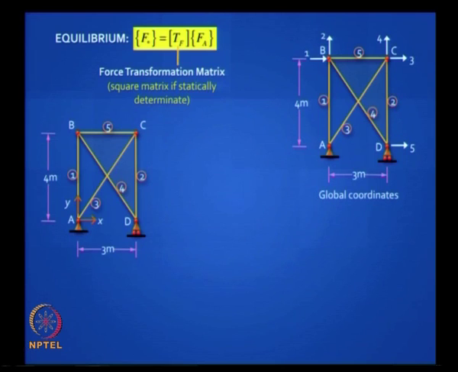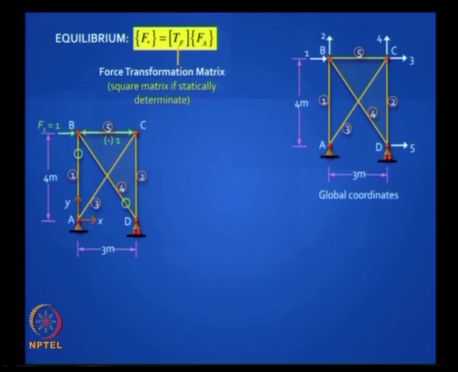Now we need to generate the TF matrix. So let us take that truss, apply F1 equal to 1. Can we quickly analyze this? Are there any 0 bar forces here? By inspection tell me which bar force? 1 and 4, that's quite fast. Well, look at the support D, roller support. From there you can make out one of those two bar forces is 0. Which is 0? 4 is 0, right. Then you go up to the joint B, which is 0? 1 is 0. Then what's the force in bar 5? 1. Is it tension or compression? It's compression, so minus 1.